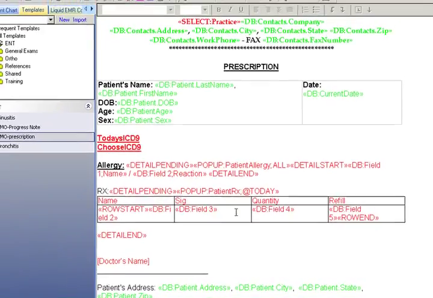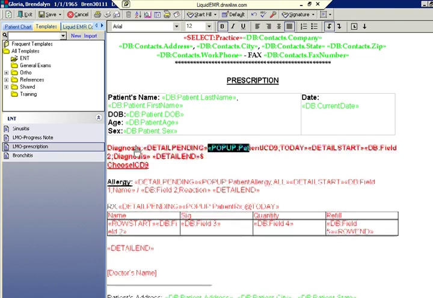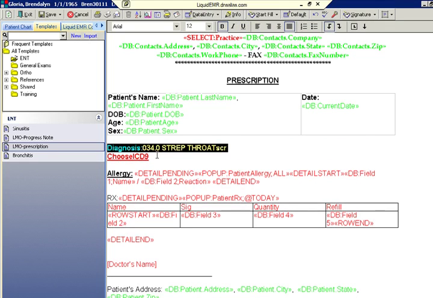Now for this template, we first want to click on one of the two hyperlinks that are shown there in bold red. Our choices are either to select the ICD-9 code that we know was previously entered today into the patient hub, or we could click on the Choose ICD-9 link and look up a list of codes because we hadn't gotten around to doing that yet. In this case, we're going to click on today's ICD-9 link, and that information is pulled directly from the hub